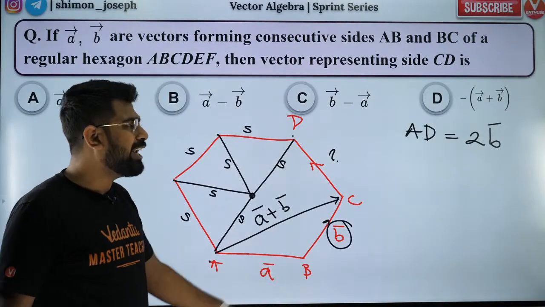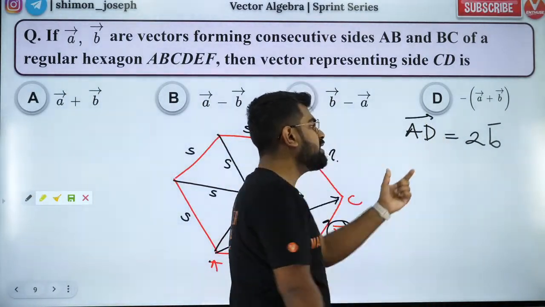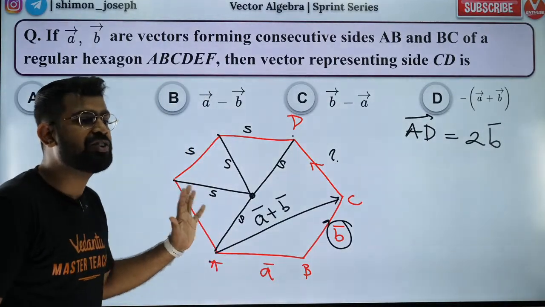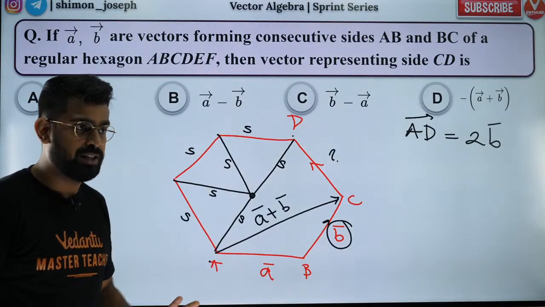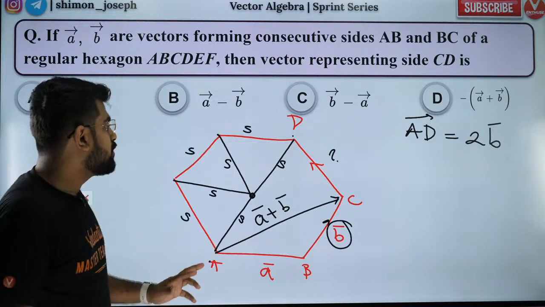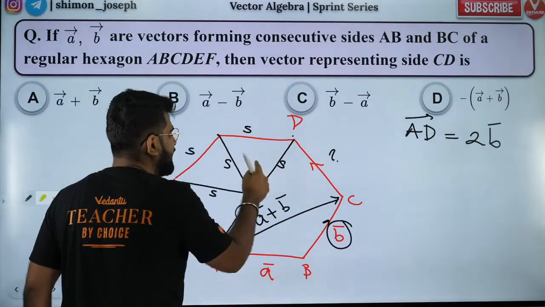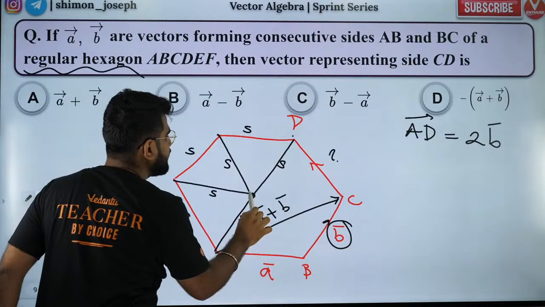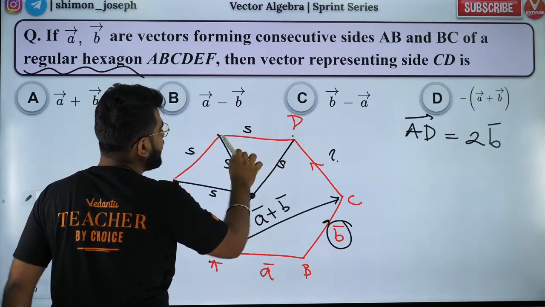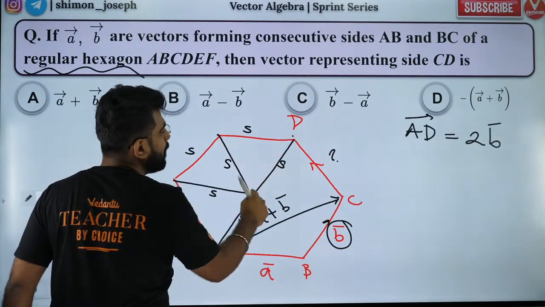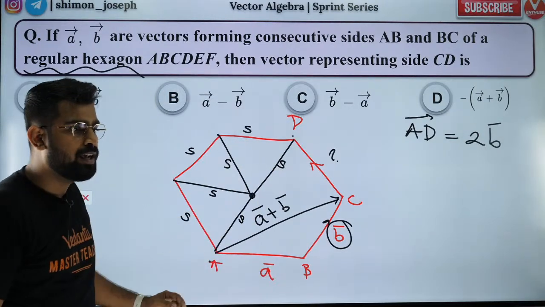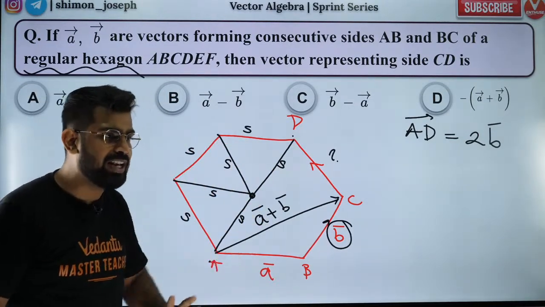Wonderful. So AD, my dear boys and girls, is nothing but twice of B vector. Are you all happy with that? Such a good concept you are learning. First of all, why are all these equal? Because when you have a regular hexagon, if you join the center to the adjacent edges, it will form an equilateral triangle. All the angles will be 60 degrees. That's how I derived it. Did you all like it?